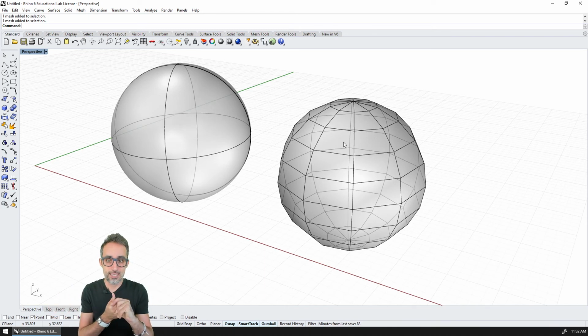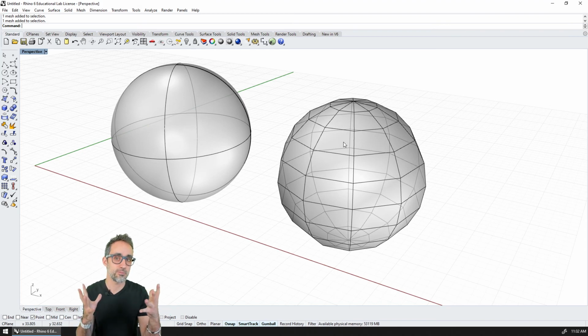Now, I think this was enough for a modeling introduction to NURBS geometry. Let's take a look now at how we handle NURBS geometry inside of Rhino. How can we, inside of Grasshopper, generate, create, and modify NURBS objects, which is one of the most powerful features that the software has. So let's take a look at that and how it relates to parametric modeling in general.